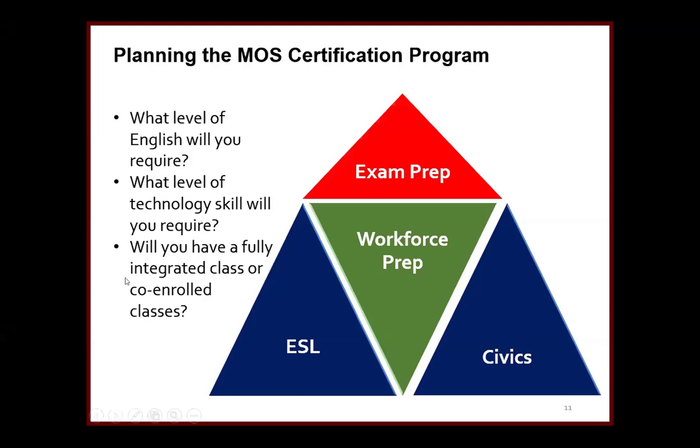And then you have to think about how you're going to design this. So when you're thinking about an integrated education and training, it has to be concurrent information. So you can do things like every other day would be concurrent, but you can't do one semester of English and then one semester of training. It doesn't work that way. They have to be working at the same time.